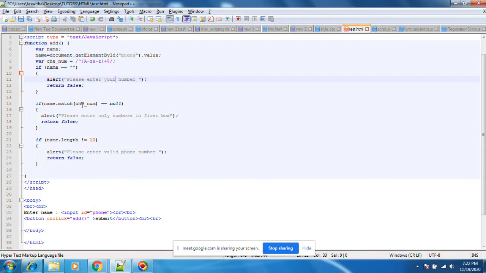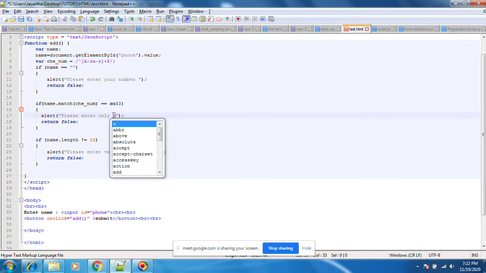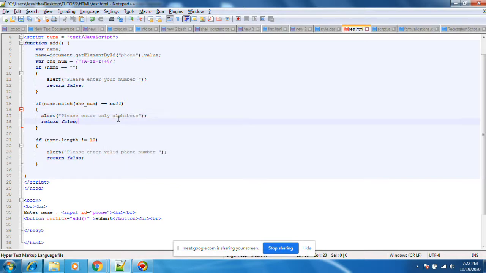If name dot match, this is not matched, please enter only alphabets. Okay, we are not accepting numbers. Here there are no numbers. This name should be matched with this check num, check num means check str. This is string.